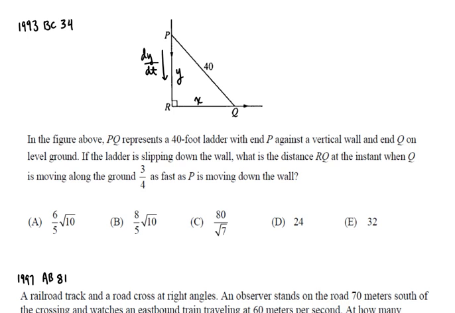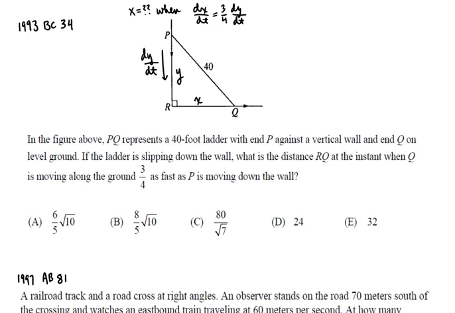So what we're trying to find here is the value of x when point Q is moving along the ground 3/4 as fast as P is moving down the wall. We'll write that as dx/dt, the velocity at which Q is moving along the ground, is equal to 3/4 dy/dt, the velocity at which P is moving down the wall. Alright, so we'll need a formula to relate these values together, and that's simply x squared plus y